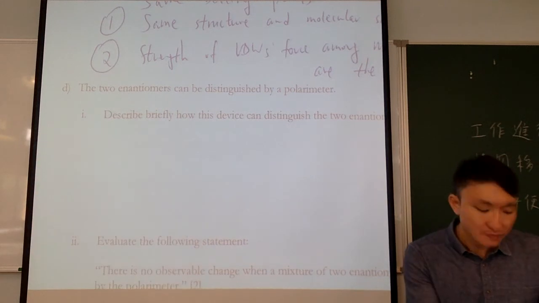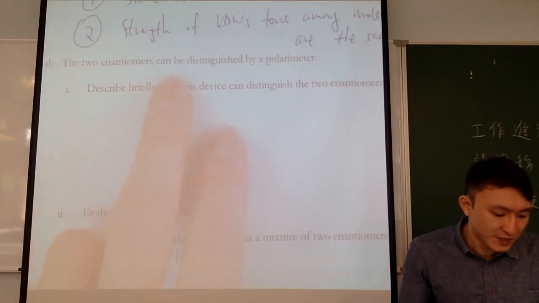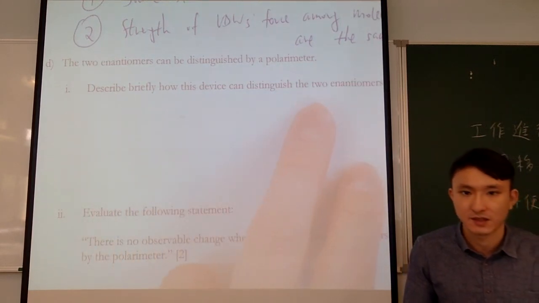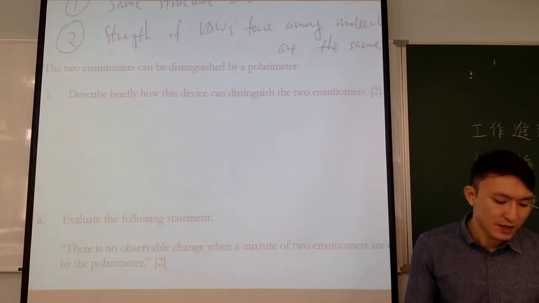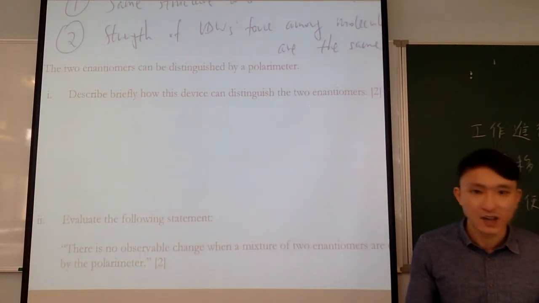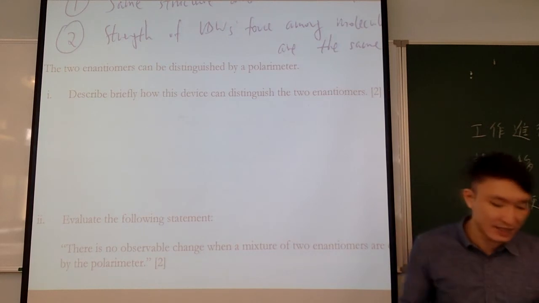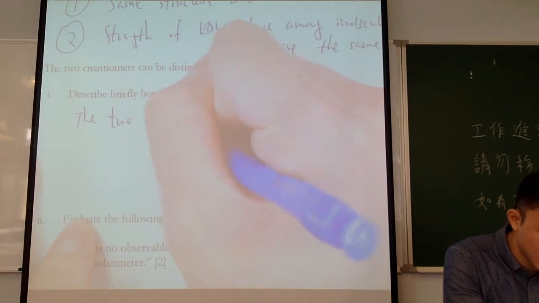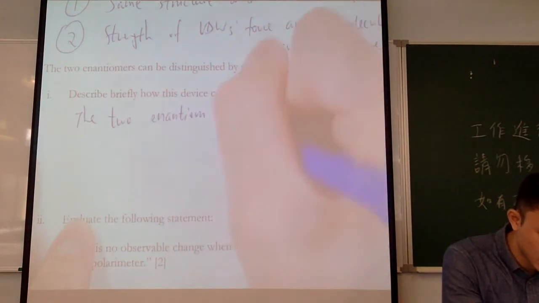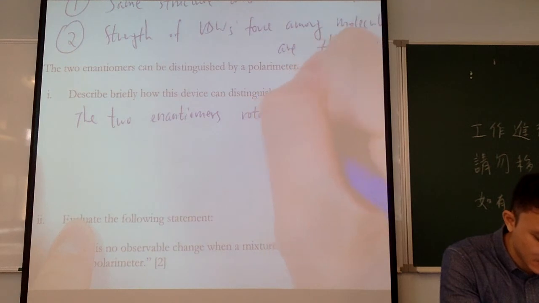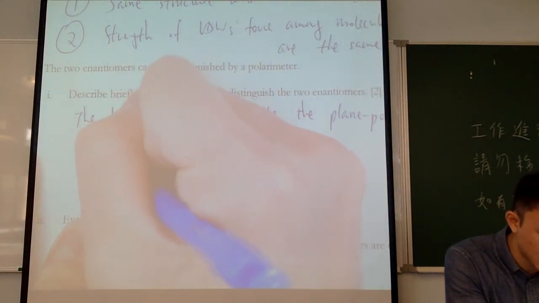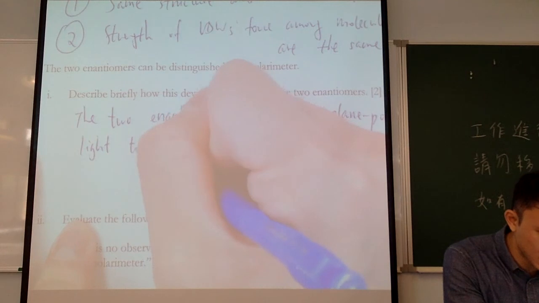Okay, so the 2 enantiomers can be distinguished by a polarimeter. Describe briefly how this device can distinguish the 2 enantiomers. So this one is actually based on the notes, the one that I have highlighted. So you should put down the 2 enantiomers rotate the plane polarized light. Now you must use the words plane polarized light. These are the key words, okay? To the same degree,